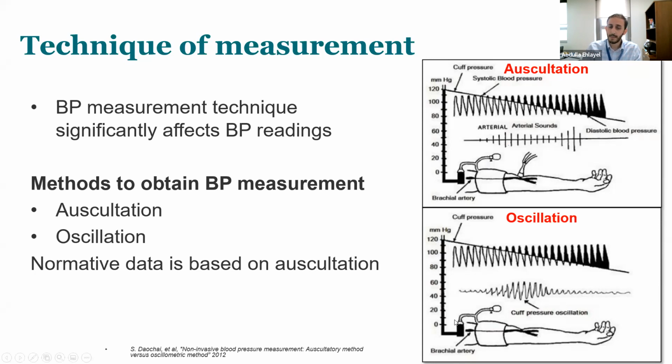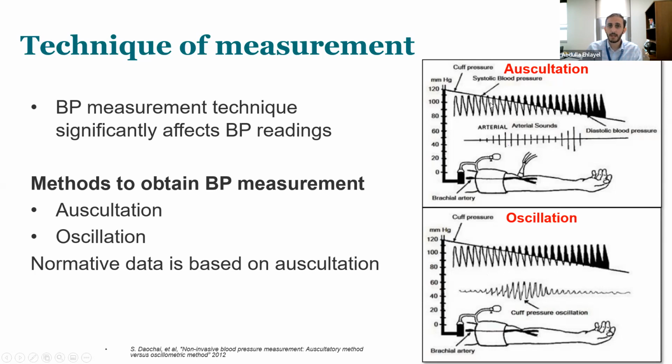With oscillation, it's a little bit different. The automatic machine inflates the cuff, and then it starts to deflate the cuff. And the machine actually measures vibrations that happen when you start deflating the cuff. So it does not listen to sounds, it measures vibrations that are generated by the turbulent blood flow. لما الدم بيمشي يبدأ with the deflation of the cuff, بيصير في vibrations, and the machine measures it. And then it takes the maximum vibration and considers that to be your mean arterial pressure. And from the MAP, it calculates the systolic blood pressure, and it calculates the diastolic blood pressure. So it's a different method of measuring the blood pressure.